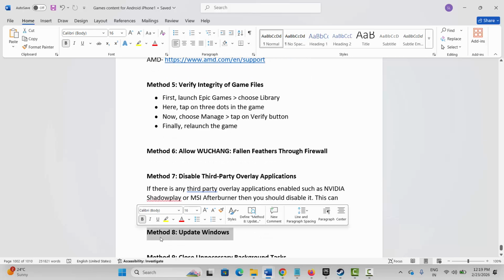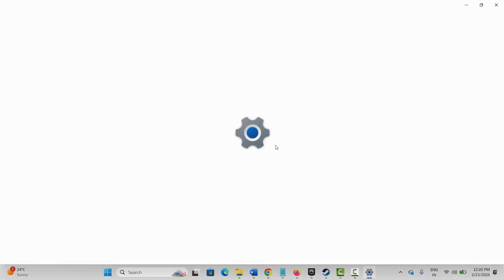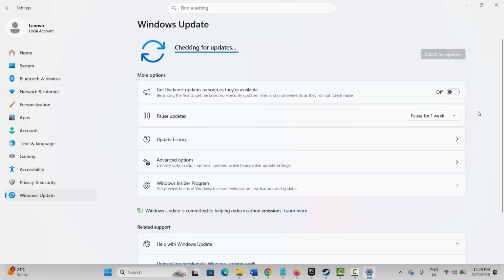Next is to update Windows. So for that, go to the Windows search. Now search for check for updates. Now this will take you to the Windows update page. Here you have to click on check for updates option, and after updating your Windows to the latest version, launch